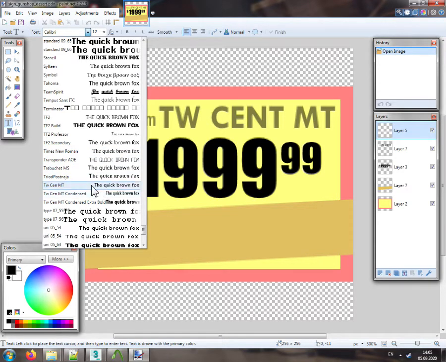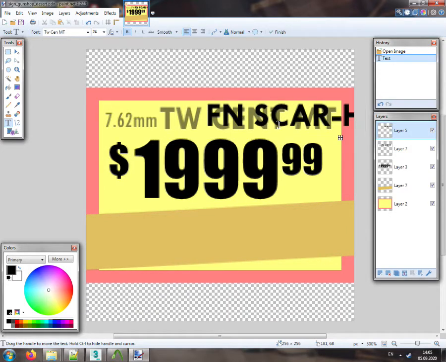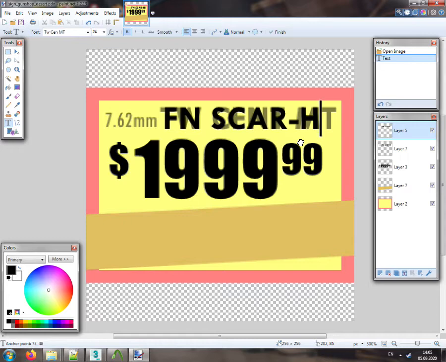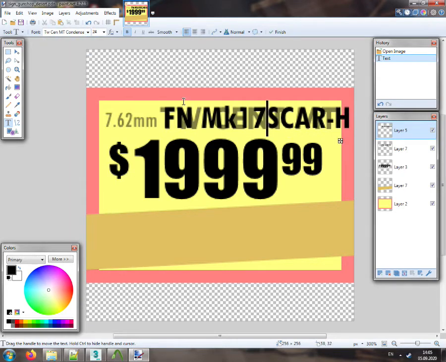Should we use condensed or the normal font? We'll see, I guess. It's gonna be 24. FN is gonna be bold. Scar H. Unless I want to add, you know, Mark 17 in here, I don't have to use condensed. Even in that case, I'll run out of space, so I'm removing the Scar H, the Mark 17 part, and making it a normal font,